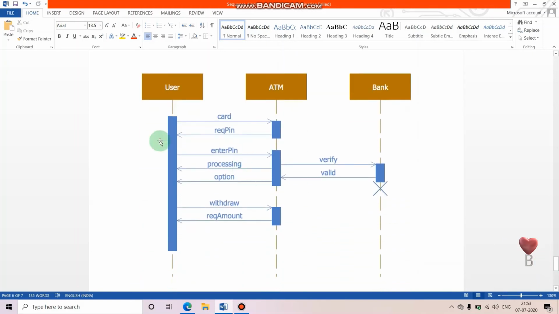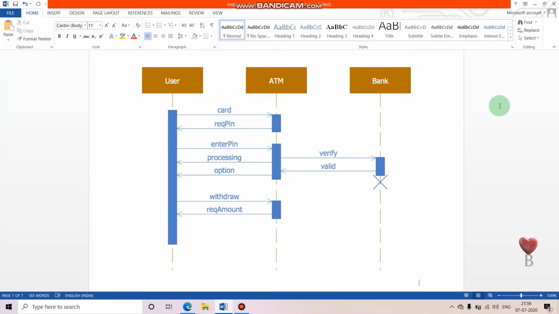And let's do one example of the sequence diagram. Till now, first of all we have seen the definition of the sequence diagram, and then we have seen the notations that we are going to use to draw it. Now the third thing we are going to do is an example of the sequence diagram.